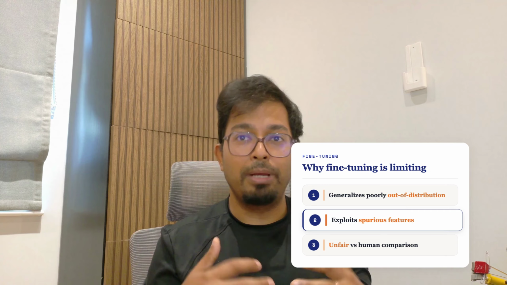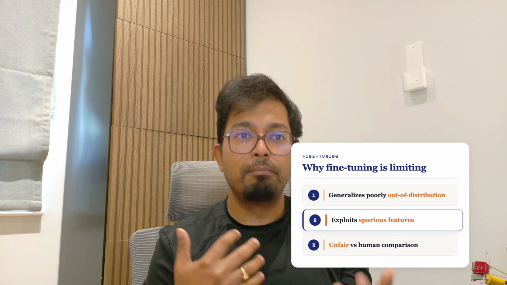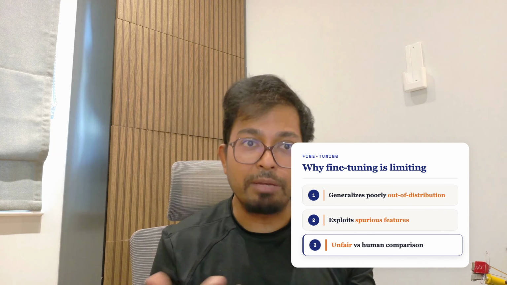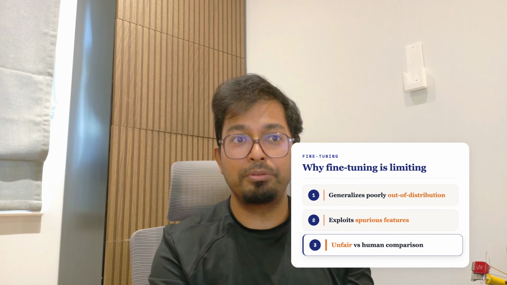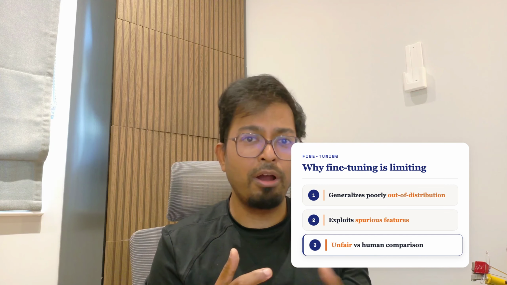Third, why does that make it an unfair comparison with human performance? Well, when a fine-tuned model scores well, part of the score can come from those shortcuts. It memorized data-specific quirks rather than genuinely solving the task. A human never saw the training set. They just bring a general ability to learn things. So comparing a fine-tuned model's benchmark number against humans is not fully apples to apples. The model's number may be inflated by shortcuts the humans never had. Few-shot, by contrast, gives the model a handful of examples in the prompt, much closer to how you would normally test a person, which is why the authors argue that it is a much fairer comparison.